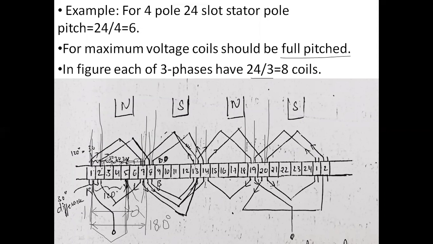Okay, so each of these is at an angular displacement of 30 degrees. That means from the first slot to the second slot, the difference is equal to 30 degrees. Okay, so what is the difference of each slot? 30 degrees. First slot is having 30 degrees difference to second. So total up to 7. If you get up to 7, you will get 180 degrees. So for the full pitch, the angle should be 180 degrees. Okay, if you refer to a full pitch, then the angle difference between the slots should be 180 degrees.